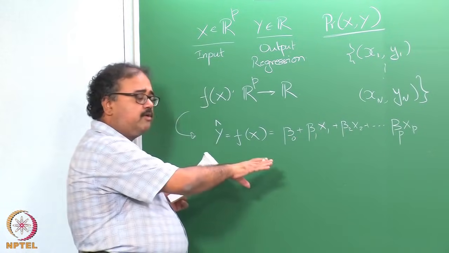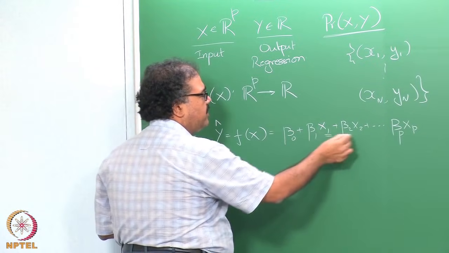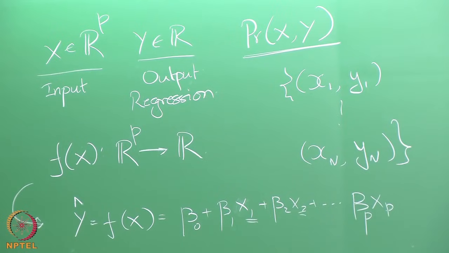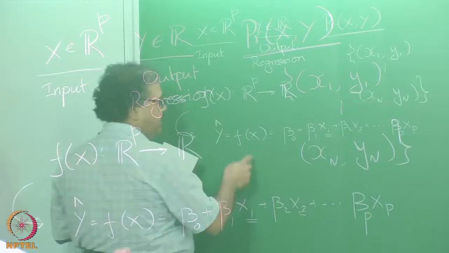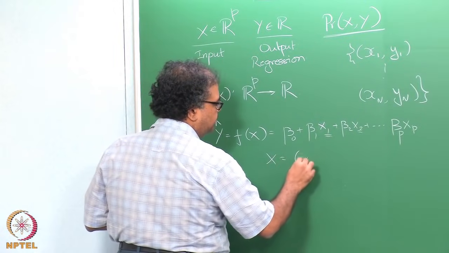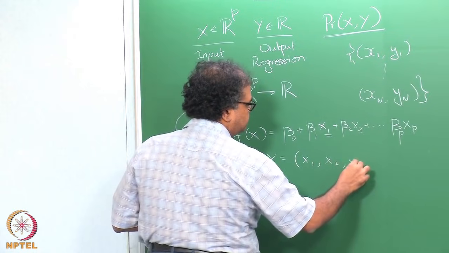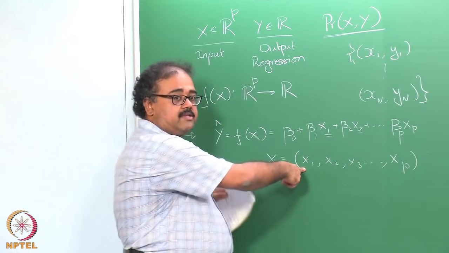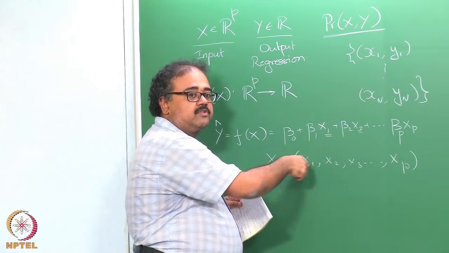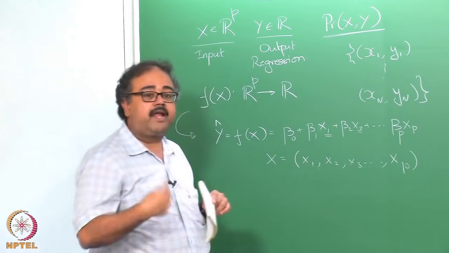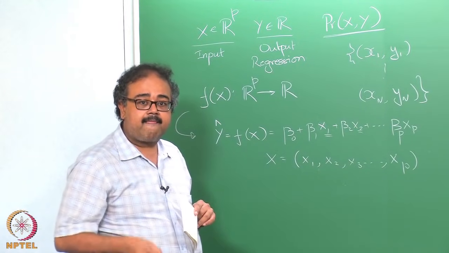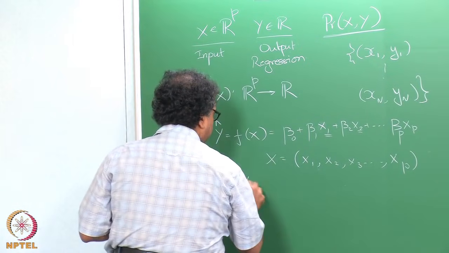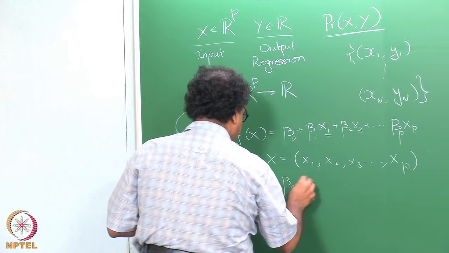The one thing I want you to note here is that this x1, x2, and so on and so forth are essentially the coordinates of x. So, this could be age, this could be income, and so on and so forth. Each one of these corresponds to a different attribute that describes the data. I can look at this and write f of x compactly as